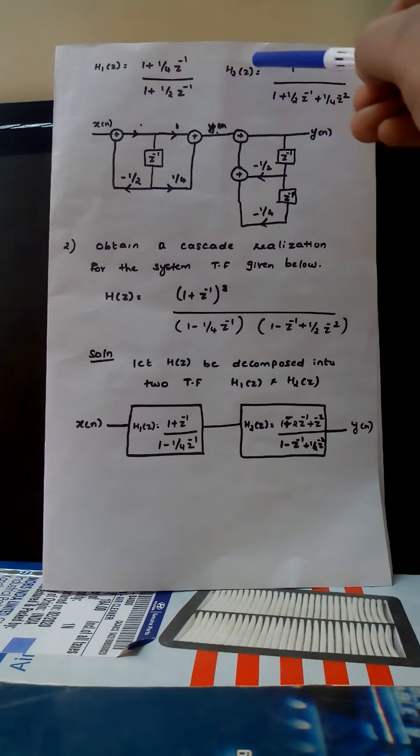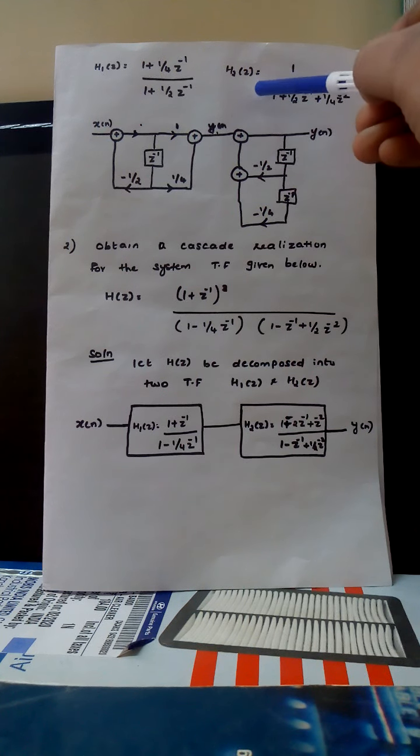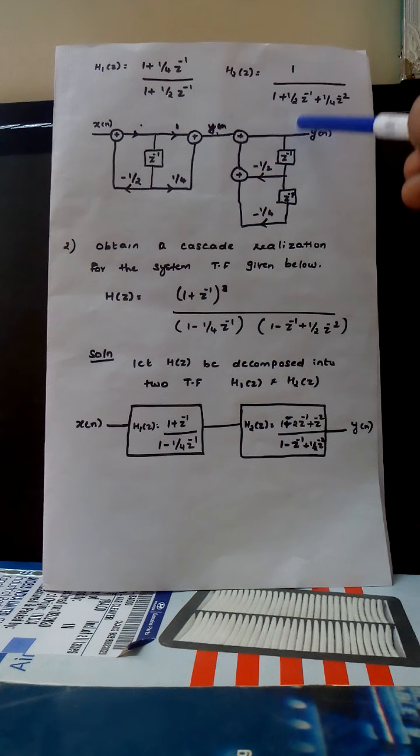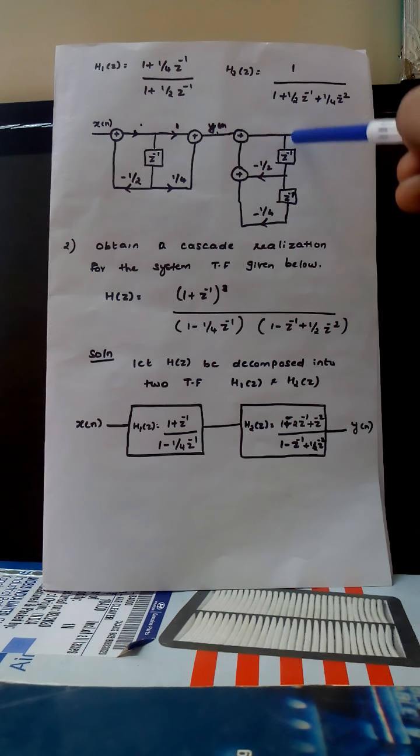So again here, this is output by input, so this is x of n. If you are multiplying, we'll get it as 1. If you want, you can multiply with 1, or if you are leaving it also, it means 1 only. So this is your y of n.